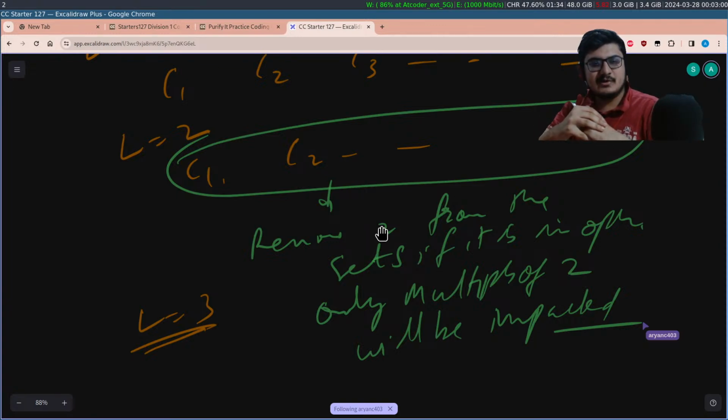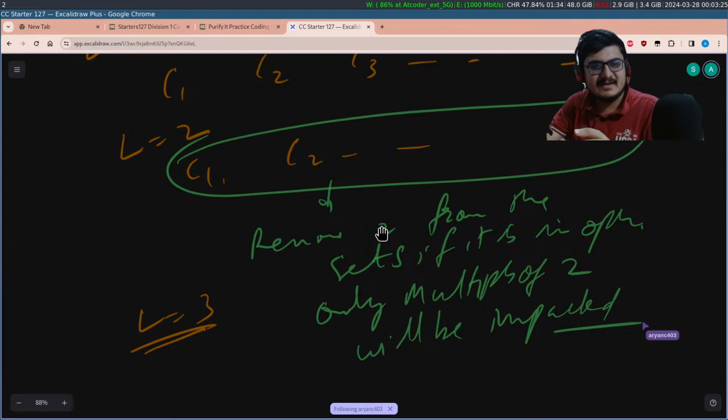And when let's say I want to answer for L equal to 10, then I started from the set when L equal to 1 was there, then I removed all the multiples of 1 and made every number at least 2 in my set. Then I looked at all the multiples of 2 and removed 2 from their set and again found the minimum cost. Then I looked at the multiples of 3, removed 3 from all the sets, and I kept continuing on.